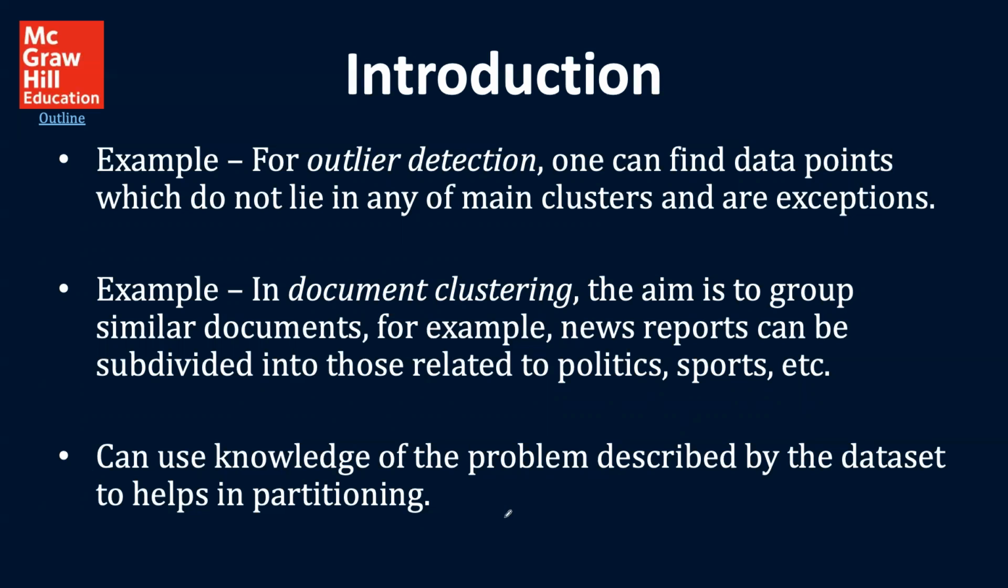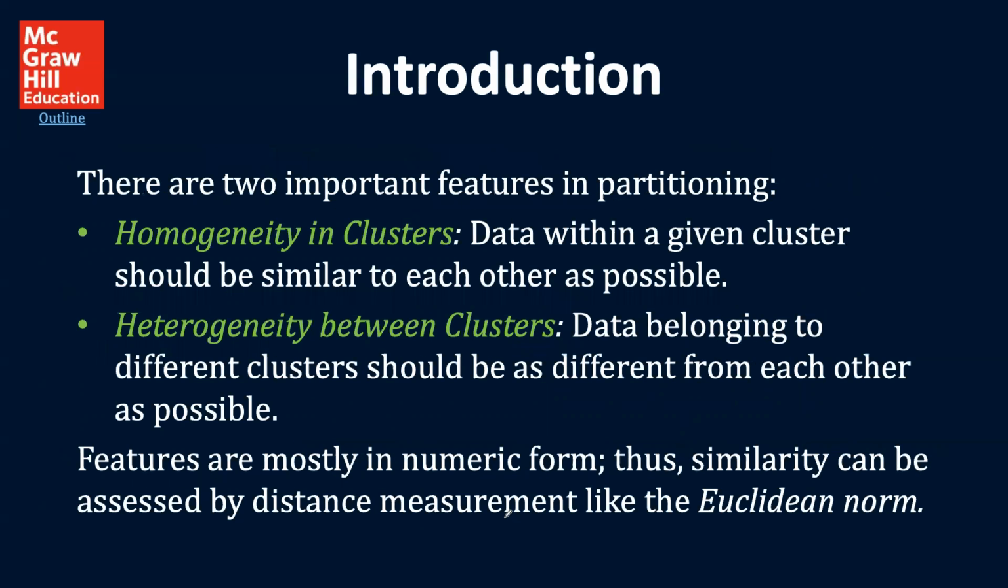So we can use the knowledge of the problem described by the data set to help us in partitioning. There are two important features in partitioning: homogeneity in clusters, so the data within a given cluster should be as similar to each other as possible, and heterogeneity between the clusters, so data belonging to different clusters should be as different from each other as possible. Features are mostly in numeric form. Thus, similarities can be assessed by distance measures like the